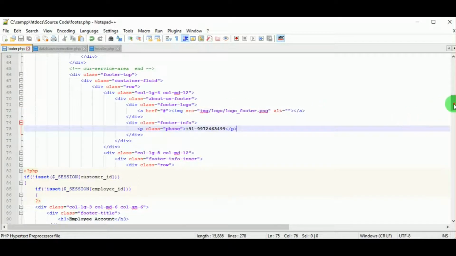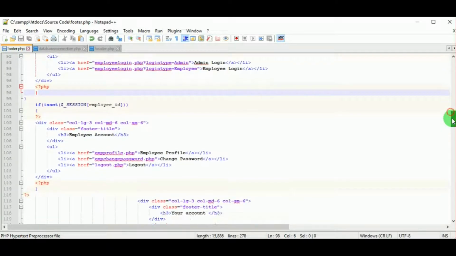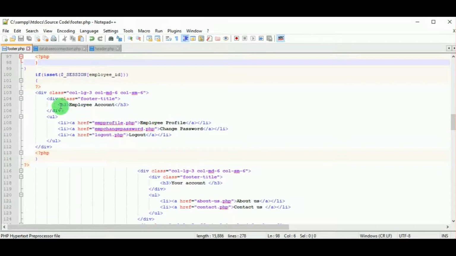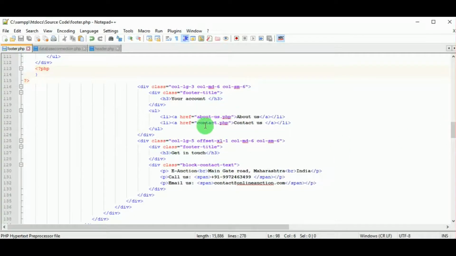If none of the customers or the employees has logged in, then the login window is available for them. And if the employee has logged in, then there is a menu available for the employees about their account.